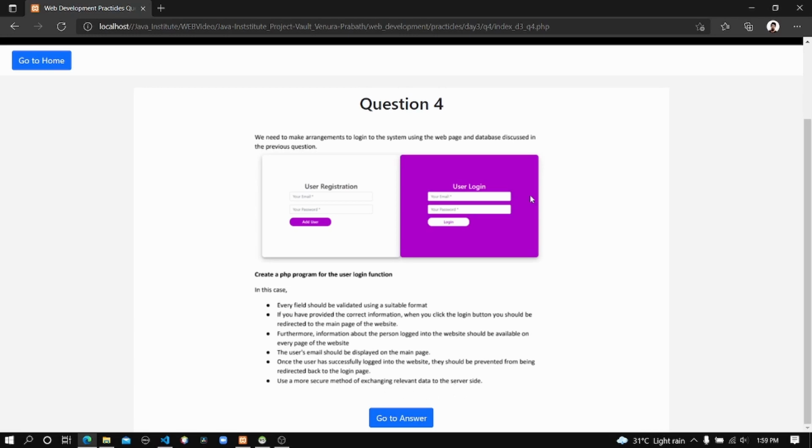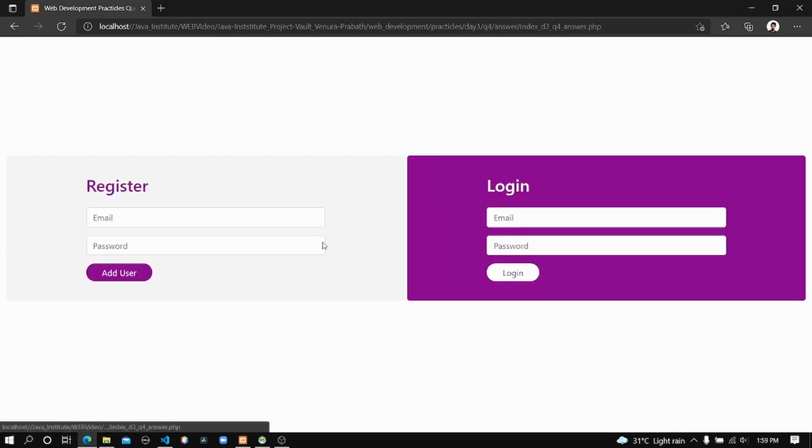Now I'm going to show you my design, and let's test that design, and after that we can discuss our code. Here you can see this is the same page I created in the previous question, but we only created the registration part then. In this case both registration and login are working together.